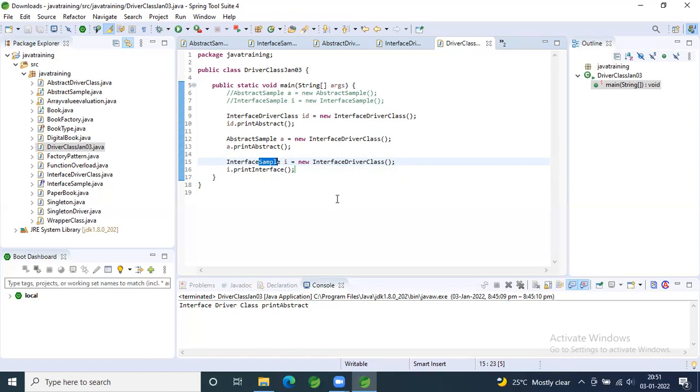You can try all possible combinations. You know the keywords, right? Final, static, public, protected, everything. Try to apply one attribute to your methods or to your variables, and then import it. See which is working and which is not working. And tomorrow that would be your first level of assessment for everyone to understand that.